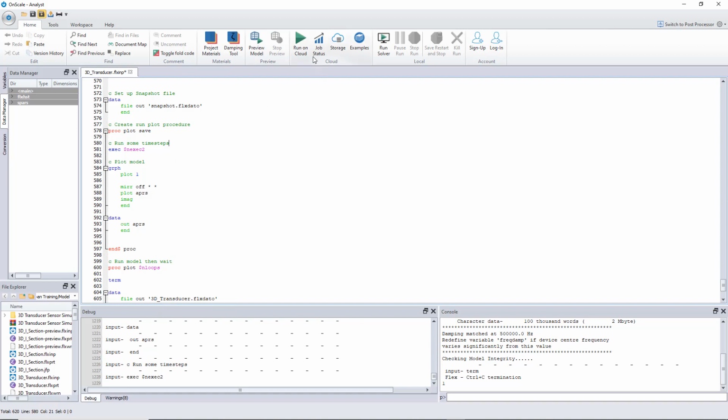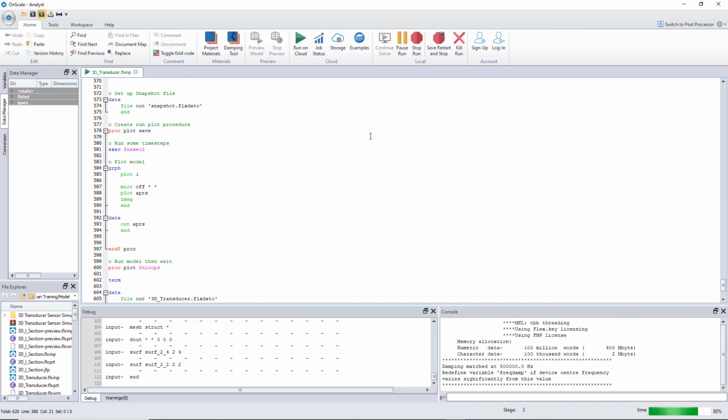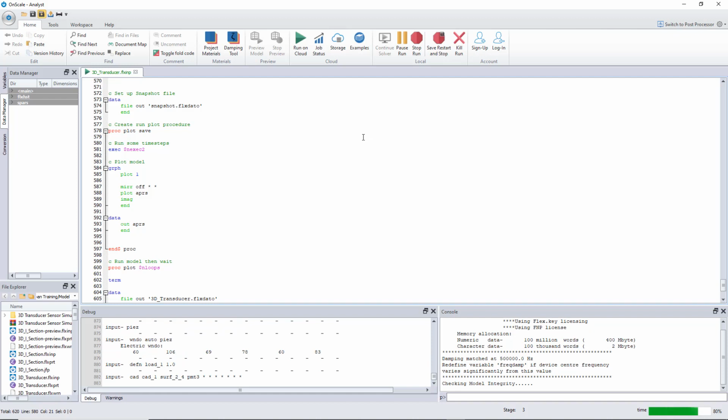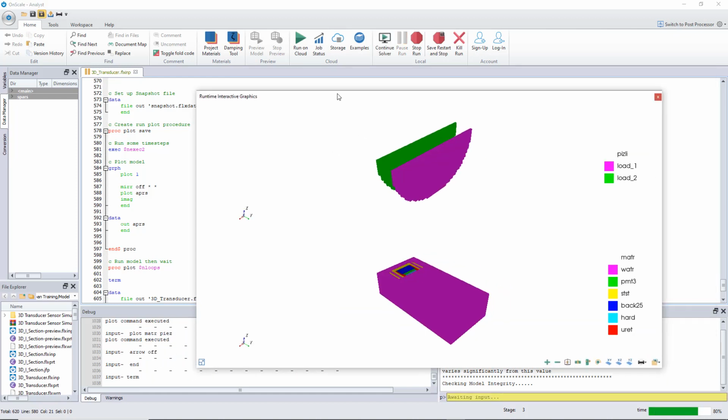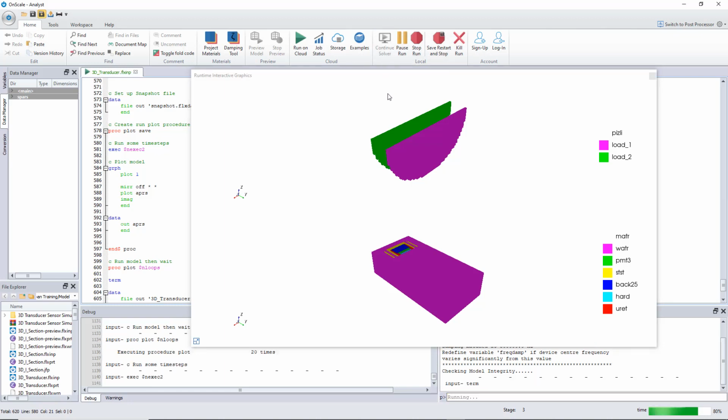So let's see. So I have run solvers. I'm using the local run. So you need, of course, to have a local license to do that, or a local core license, depending on what kind of license you have on OnScale. But this runtime graphics is also available on the cloud. So it's slightly different because there is a button, so you can also view it on the cloud. Anyway, now